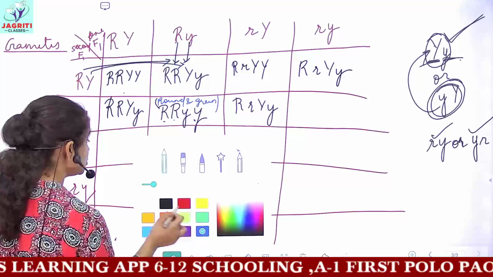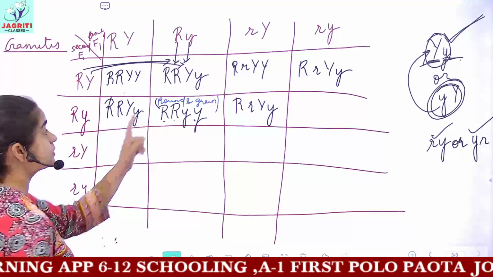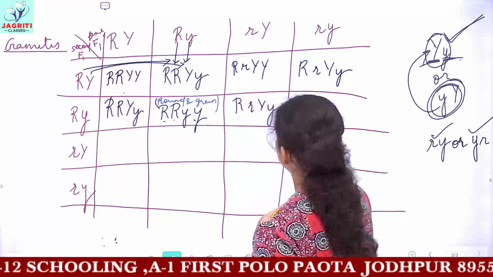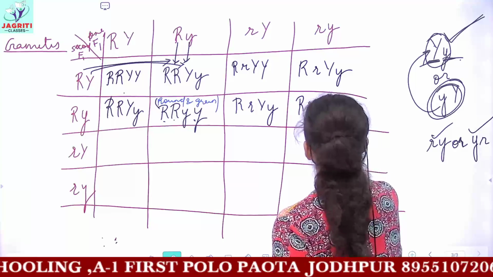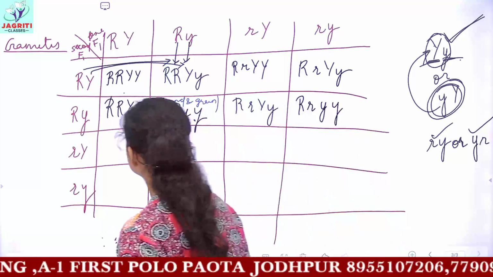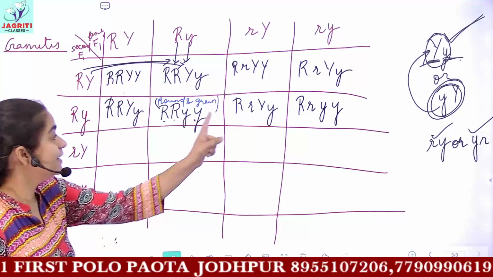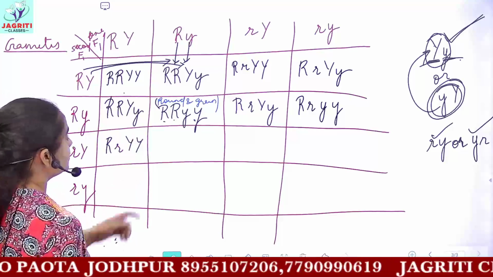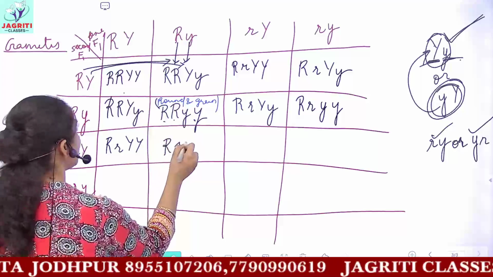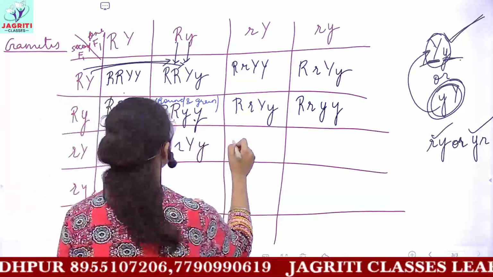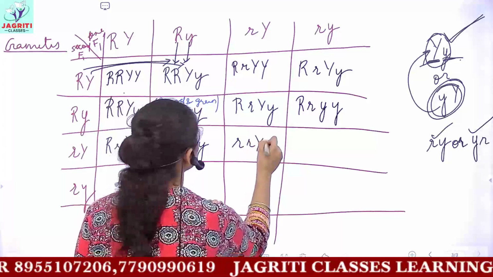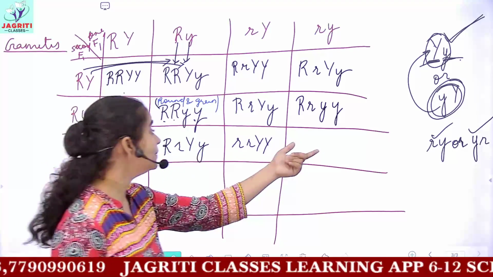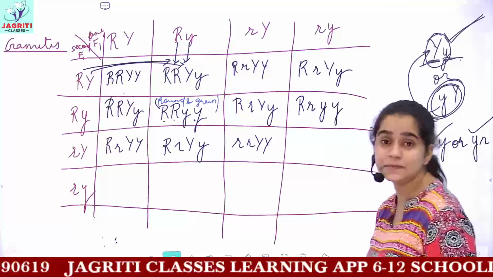So you should also be able to know the phenotypes from the given combination of genotypes. In this column, you will have just one capital R, that is the dominant, and the rest all you will have recessive traits. In this manner, you can complete all the genotypes, and then you also have to find the genotype and phenotype ratio. I'll again show you how I am writing the genotypes in this column.